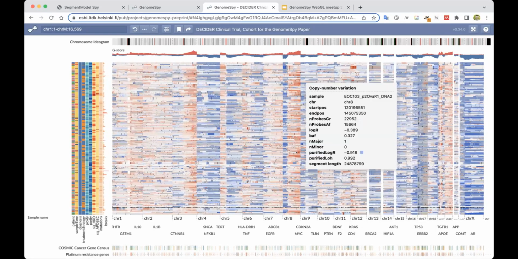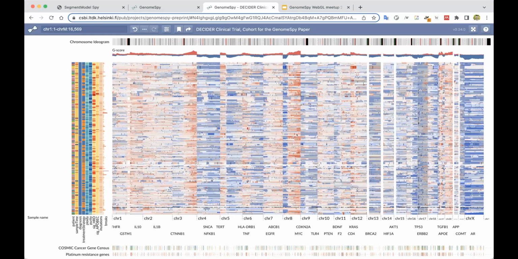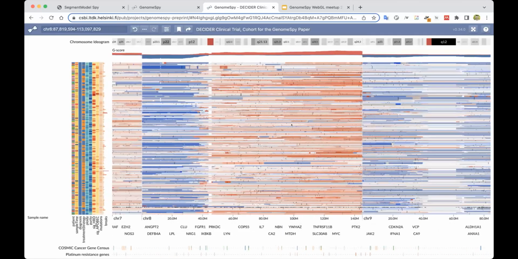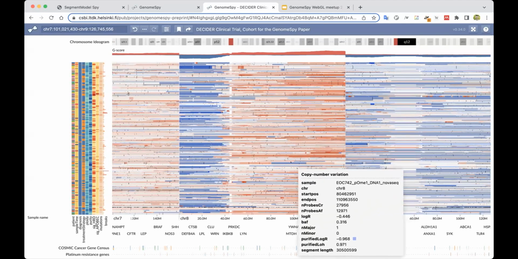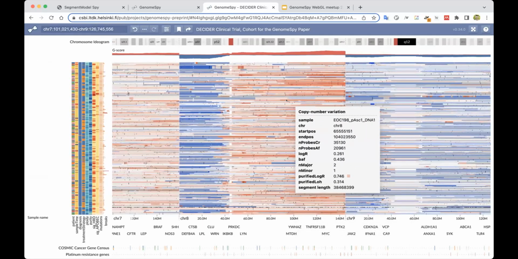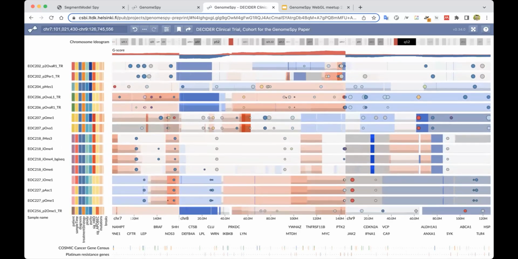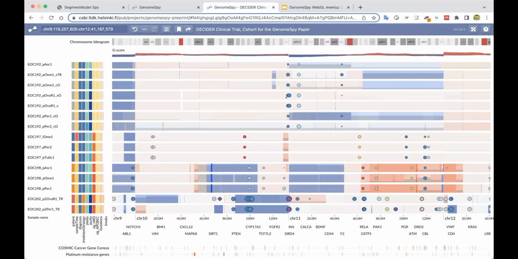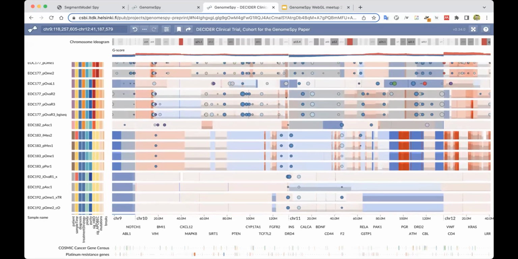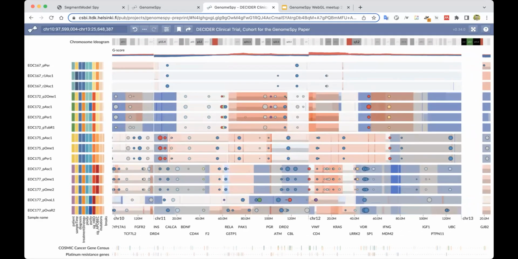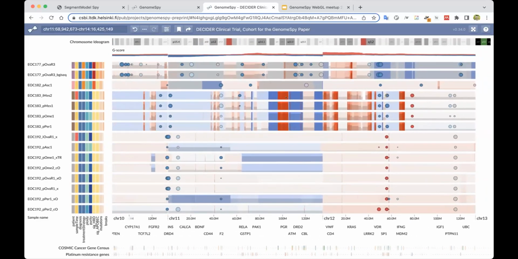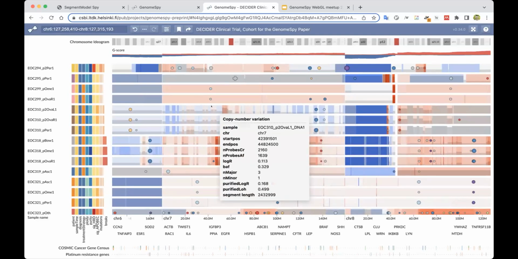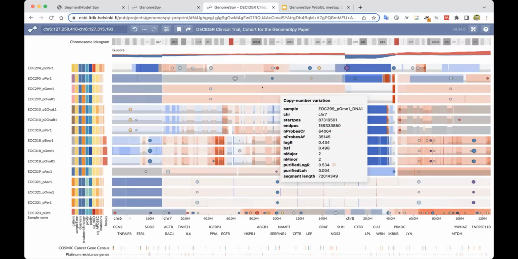Anyway, you probably can already see some patterns in this data because specific parts of the genomes are altered in certain cancers. And again, these genomic axes can be zoomed in, but if you happen to see some interesting outliers here, then you can also peek at these individual samples easily. Yeah, so data exploration is important, especially with genomic data, because statistical methods alone cannot catch all these interesting features that a user might find by just looking at this data set. For example, here are a few samples with a specific pattern that looks quite different compared to these other samples, for instance,